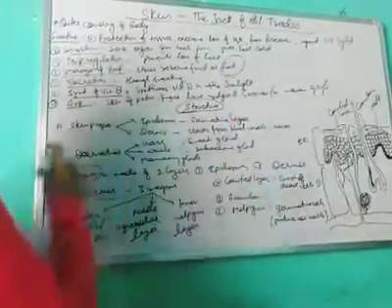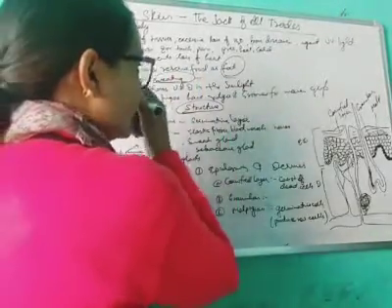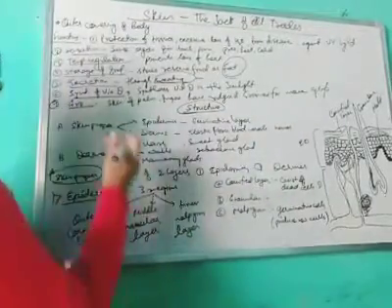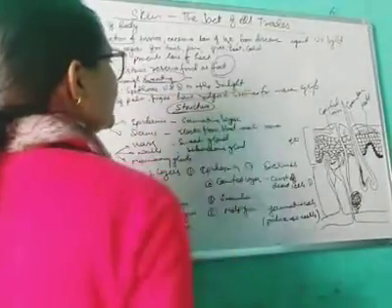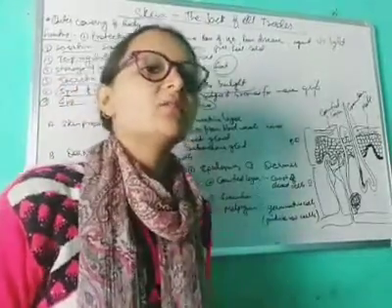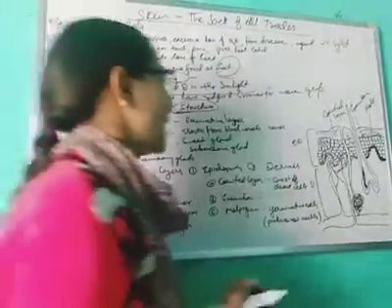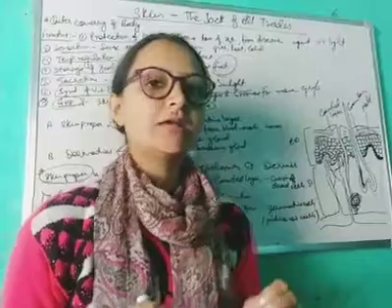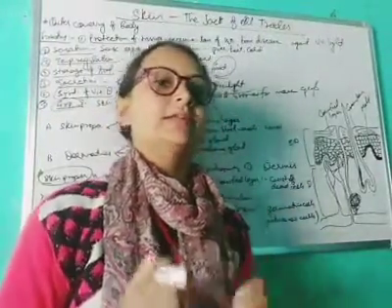Excretion: it also does excretion through sweating. Through sweat, we remove excess salt, excess water, excess urea and so on from our body. Next there is synthesis of vitamin D. When exposed to sunlight, the skin synthesizes vitamin D. Next, grip: the skin of the palm and fingers has lots of ridges and grooves, so that it forms a grip, so that we can hold anything in our hands.